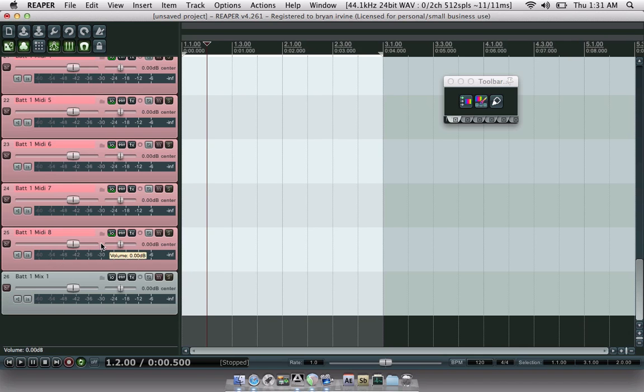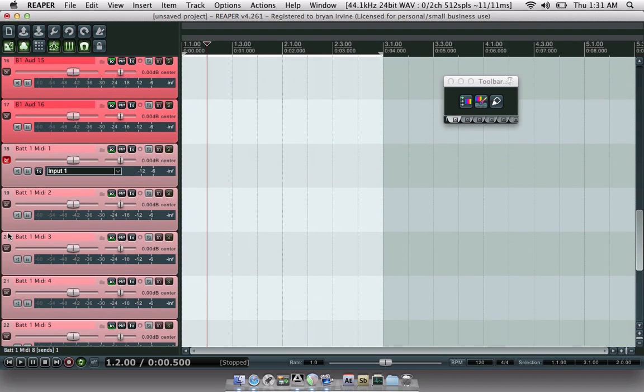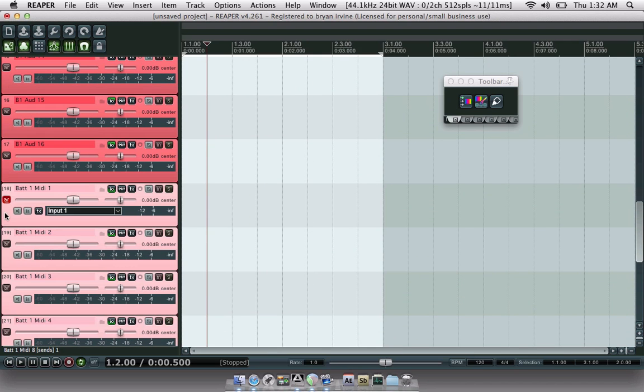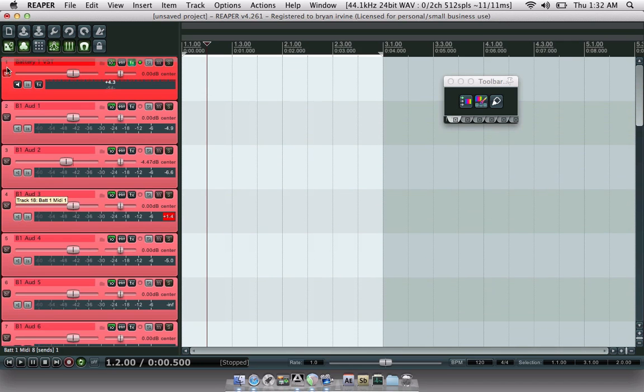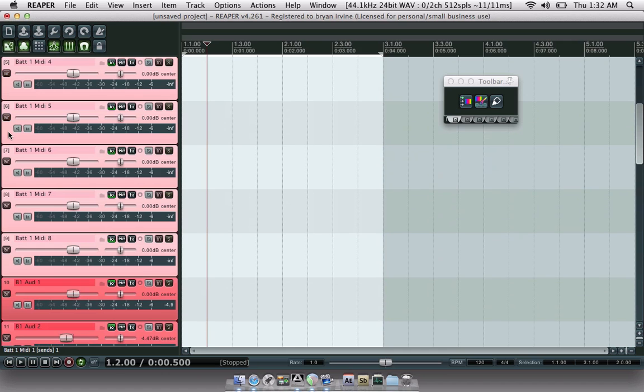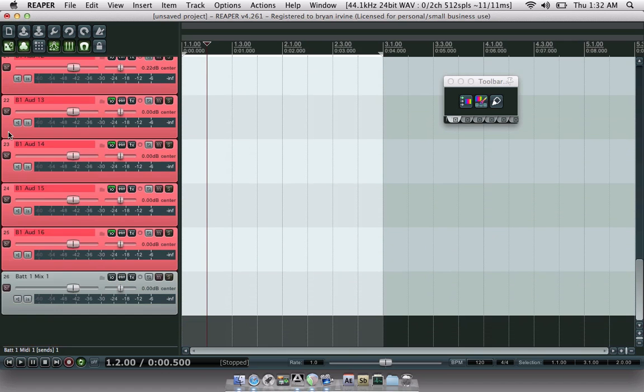Oh, and again, let's fix this up too. All your in-outs, I'm going to select all these, and I can move them, hopefully successfully with my trackpad, let's see. I'm going to move these all up, because I like to have my MIDI tracks, my VST track, my MIDI tracks, my audio tracks, and then naturally